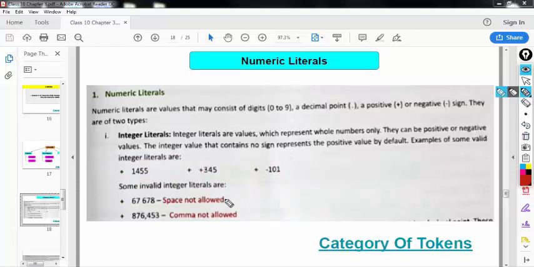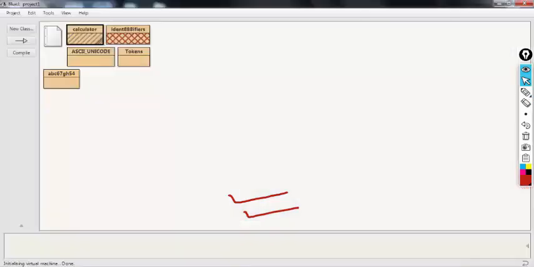And there are two more points. You cannot have a space in between the numbers, and you cannot have commas either. Okay, so no commas and spaces are allowed. So if you look at an example,